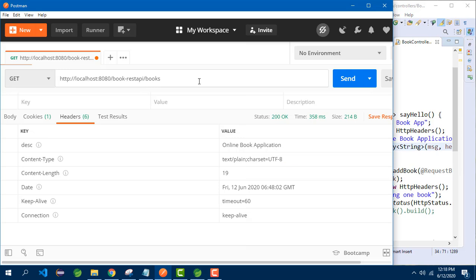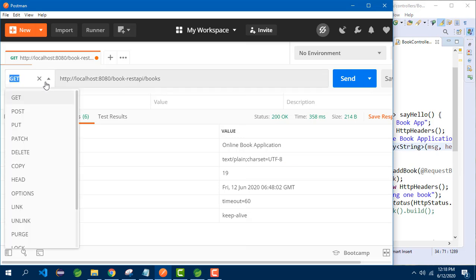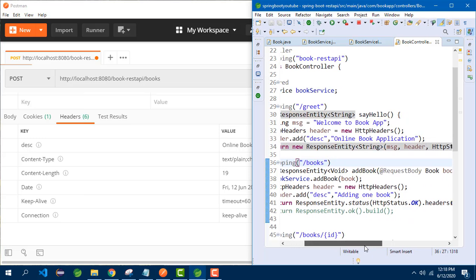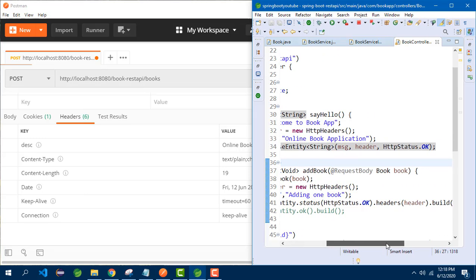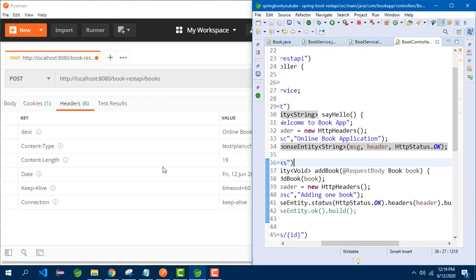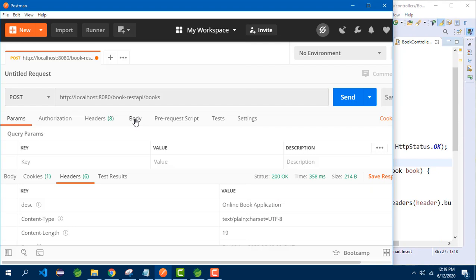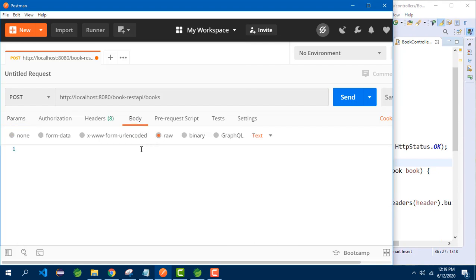/books. And in this case it is PostMapping. And here you see, when you are using PostMapping, we need to use request body. It means in case of the post method, the request has both header and body content. The body content has the data that we want. So we need to create a book object in the body content. So I will select body, raw data, within curly braces.